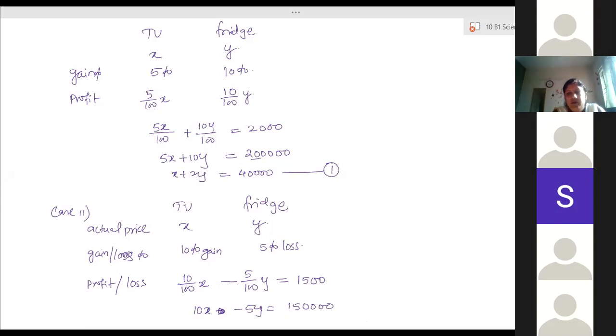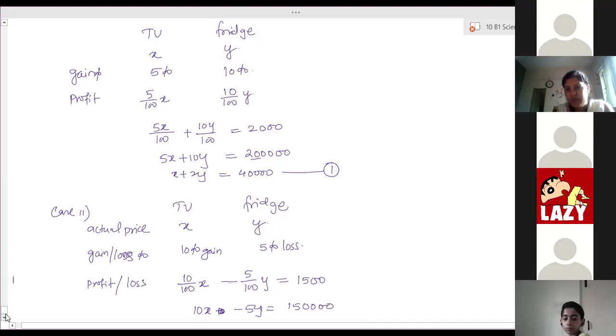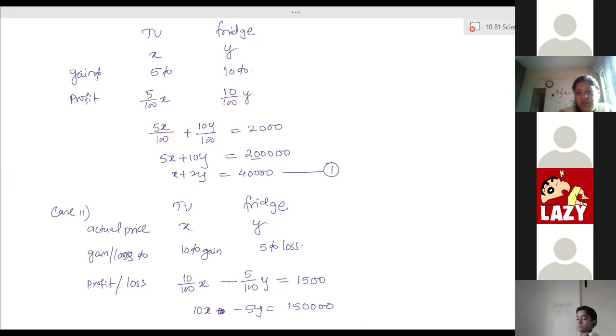Okay, so fine, we'll stop here. And one more thing. Do you know the 2-digit number questions? Do you remember from class 8th? If the digits are x and y in a 2-digit number, then what is the number? 10x plus y. And after interchanging the digits, it is 10y plus x. So based on the same, try to solve the 2-digit number questions.